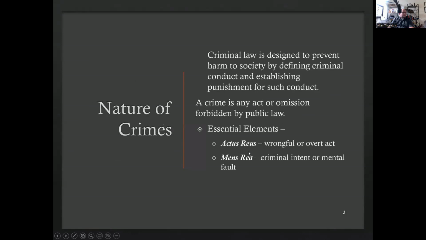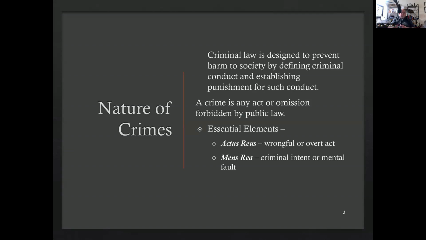First thing that we really need to kind of get an idea about is what criminal law involves. Now, the definition really encompasses everything about it that you need to know from that first step into criminal law, is that it's a law that's designed to maintain order in society. When we talked about what law was, it was about maintaining that order.